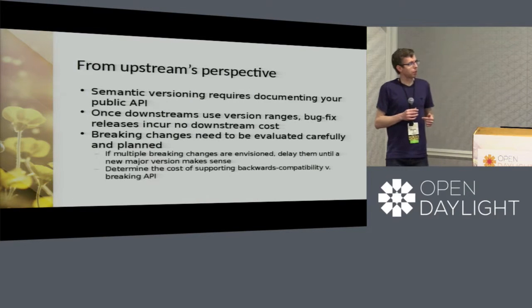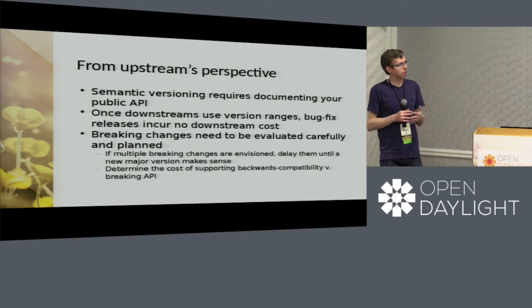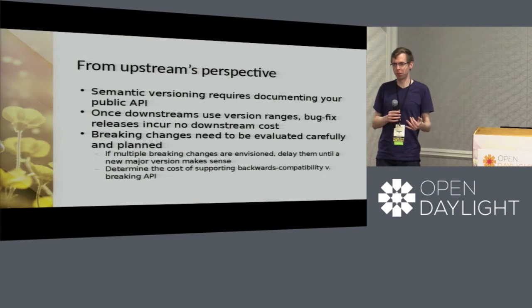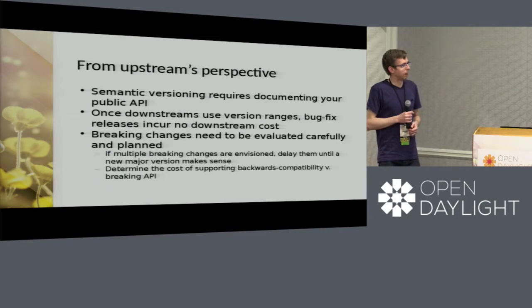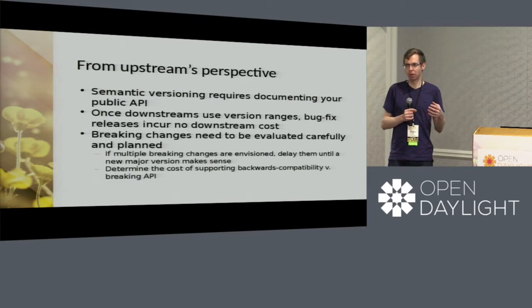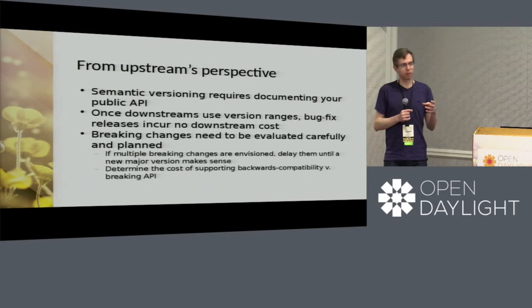From upstream's perspective, so that's us when we're developing our project, obviously the first step is you have to document your API. So however you've decided what that's going to be, you have to know what it is and then adhere to it, and make sure that if your documentation is external to your code, it's kept up to date. And then once you've convinced your downstreams that you're actually a very sensible developer, you'll never break things without bumping the major version, and they trust you and they've started switching to ranges, it means you can do release-based development